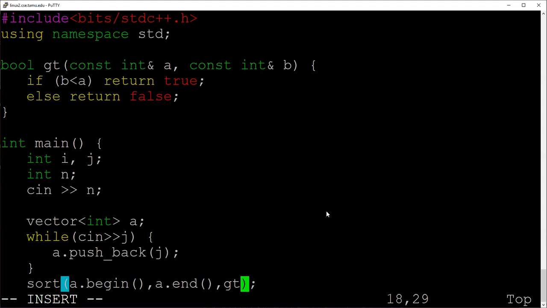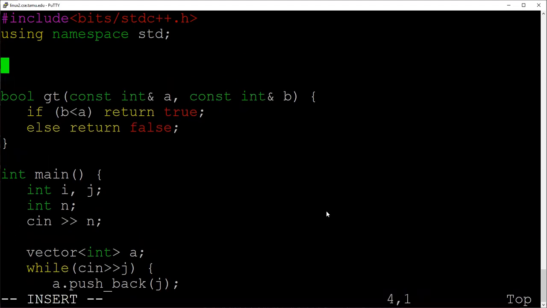I have a question on this part so far. That GT function, is that taking every pair in A and comparing it? Yeah, so what GT is doing is it's saying I've got a function that's taking two integers, and these are constant references, so you can have a literal or a variable or whatever. So I've got two integers, A and B, and that's what I need to compare, whatever A and B are. So if I had some other class or struct, if I had